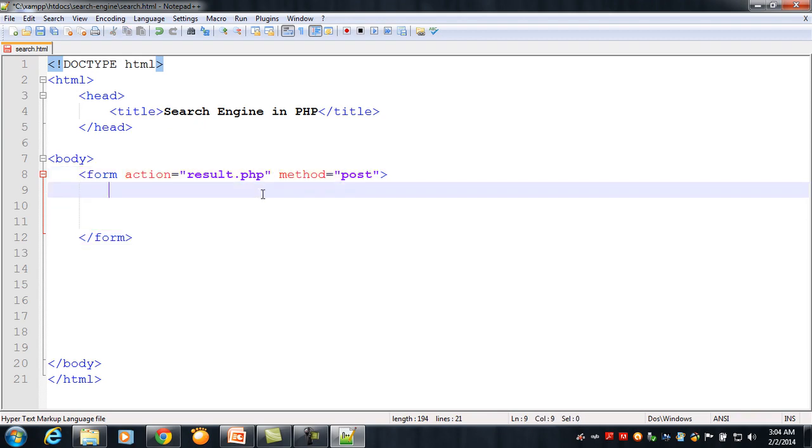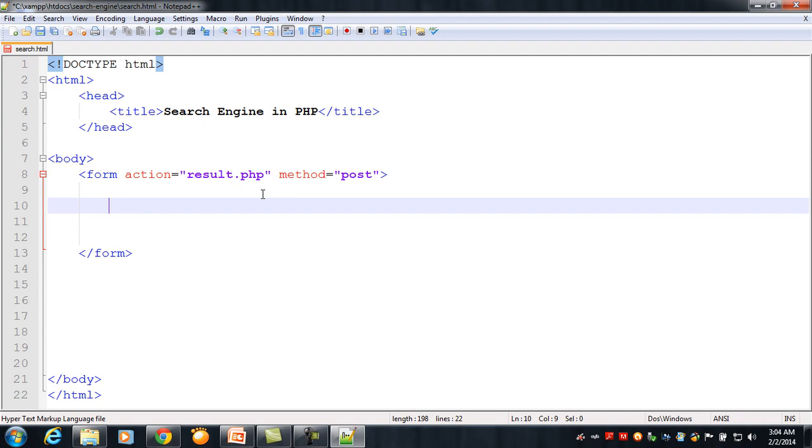Inside this form tag, we need to create some input tags. We need to insert input type equal to text, name will be search, not user, query. This is the name. It's very important because we will catch the user input by using this name attribute in PHP. This is very necessary. You can give any name you like, but you have to remember it, because later on you can use this in your PHP